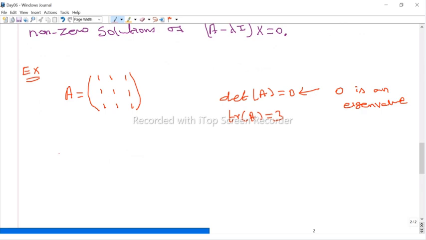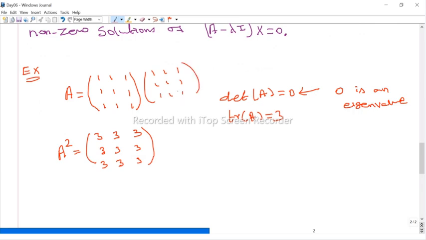So what is A square? This is A. What is A square? Anyone? 333. Correct? Yeah, because you multiply with the same entries, 1, 1, 1, 1, 1, 1, 1, 1. Now this row into this column, 1 into 1 plus 1 into 1 plus 1 into 1. So everything we get, A square is equal to this. Okay. Now,